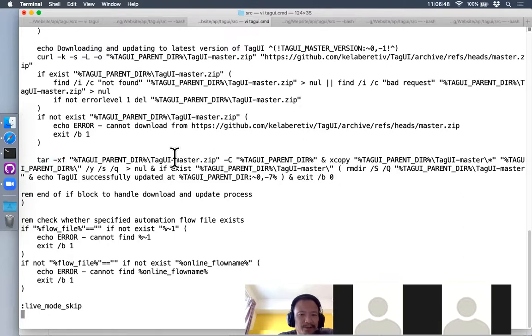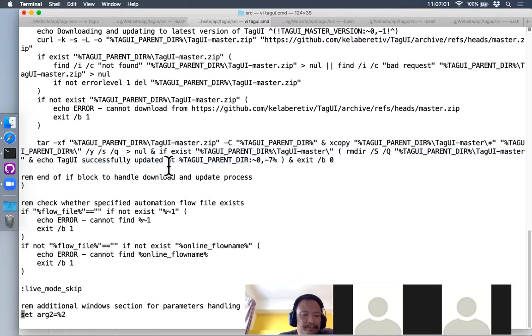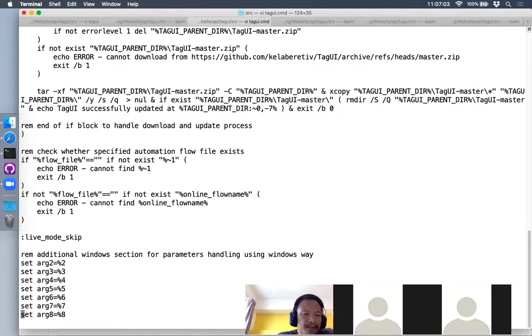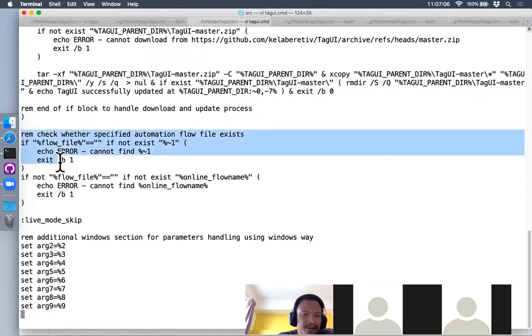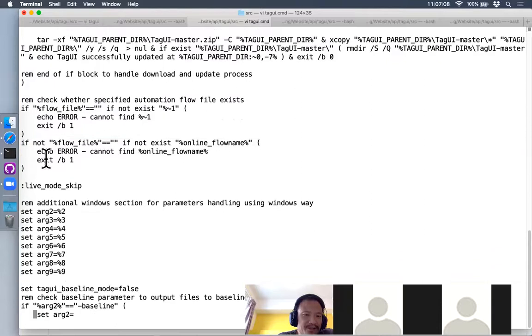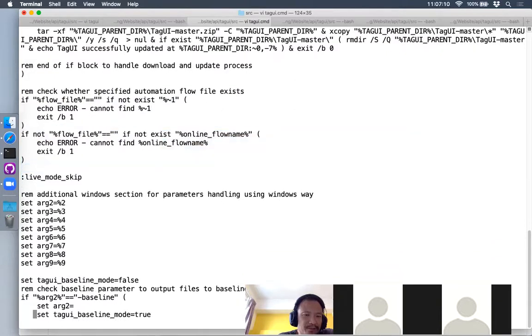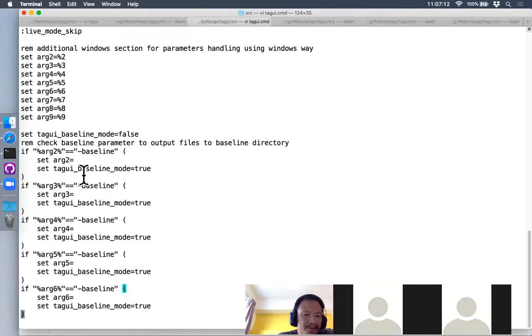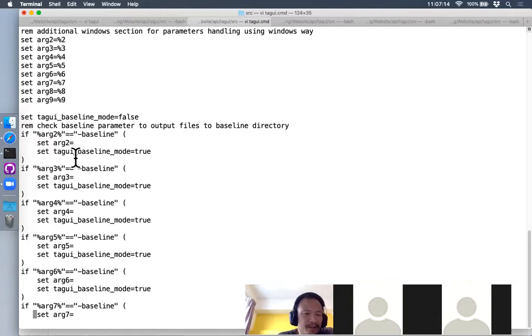Okay, so after you download the zip, you extract it. Then you see here is actually quite a number of lines of code. Extract already, then you replace it, then you remove the zip file, and so on. Then things like some sanity check whether the flow file exists, if not, and so on. Then check the parameters. There's a baseline option where